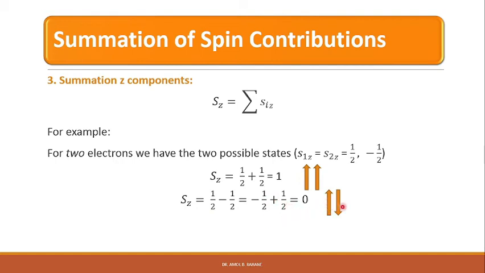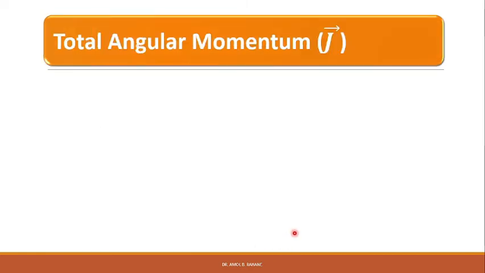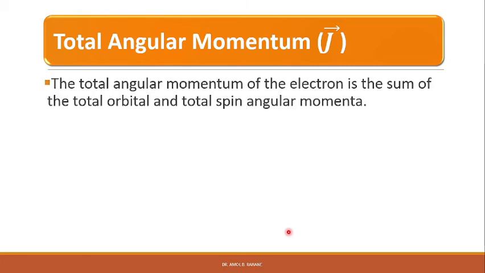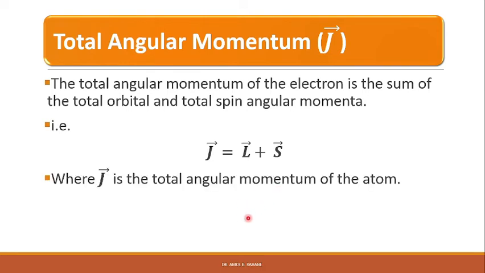That means paired spins or anti-parallel spins, right? So for a given S, we have 2S plus 1 values of Sz. Let us now move to the total angular momentum, capital J vector. The total angular momentum of the electron is the sum of total orbital and total spin angular momenta. That is, J vector is equal to L vector plus S vector, where J vector is the total angular momentum